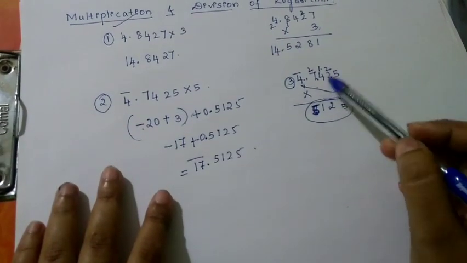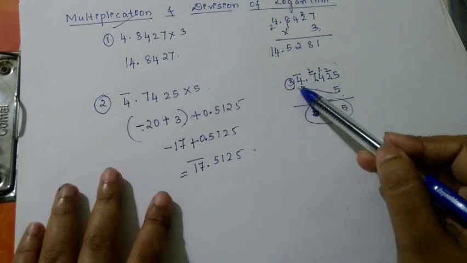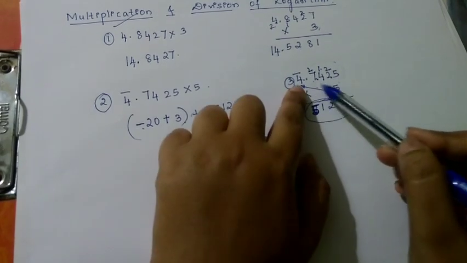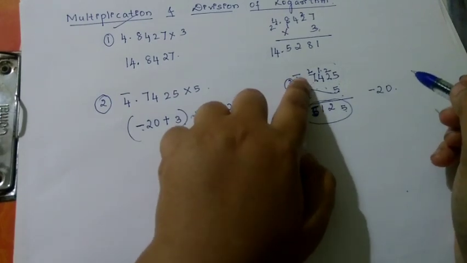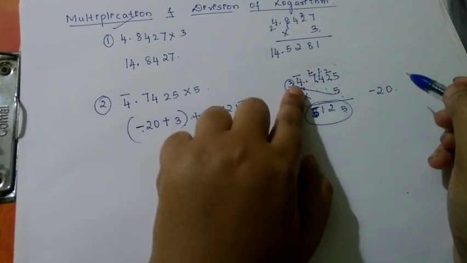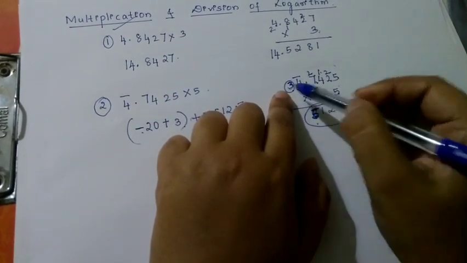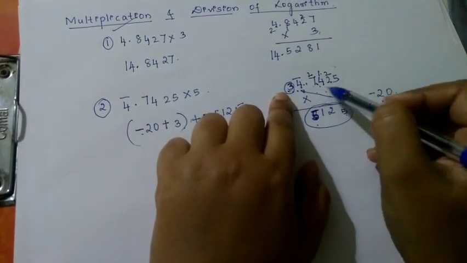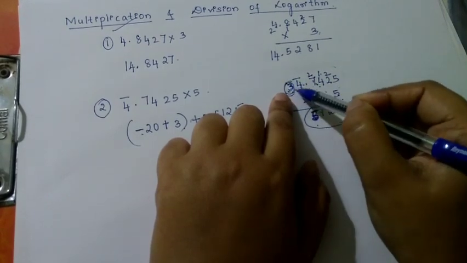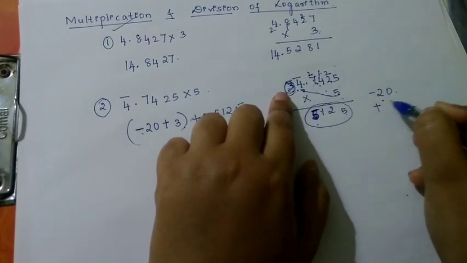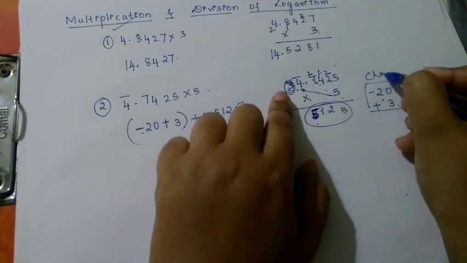So when multiplying, first the positive terms as it is. When you are multiplying with the bar terms, what you have to do: 5 4s are minus 20, because bar is there, minus 5 into minus 4 is minus 20. Then 3 is the carry-out you have got from the previous number. 5 7s are 35, 5 and 3 you write like this. This carry-out number that has come, you have to add to this. So this becomes your characteristic part.